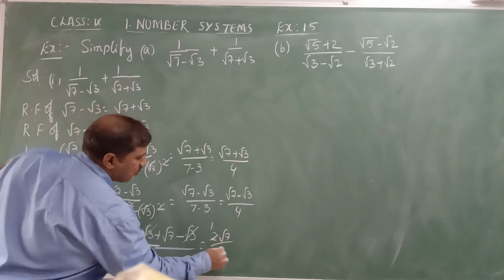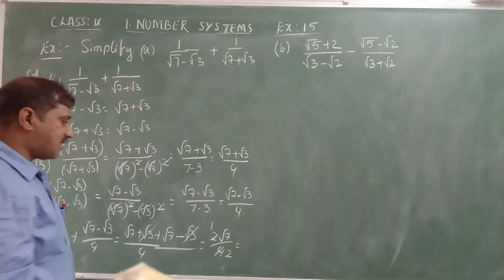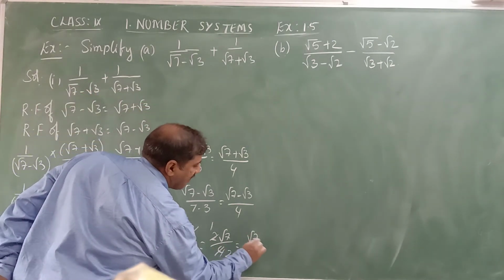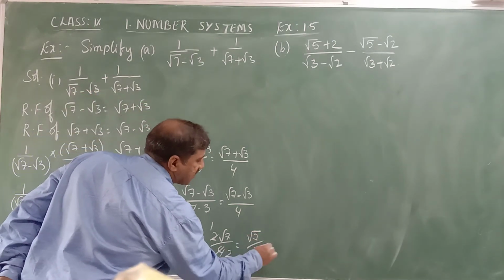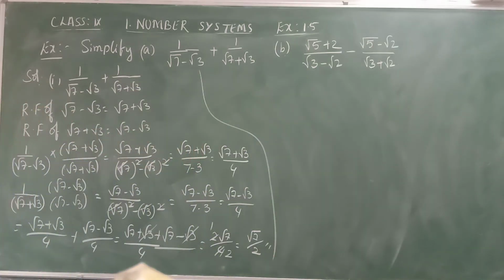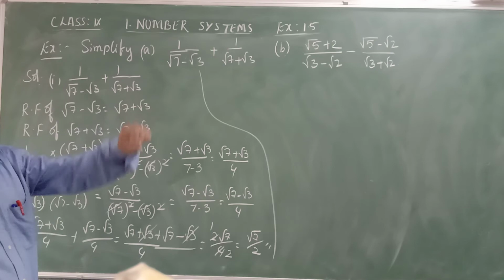2 1s are 2, 2 2s are 4. We can cancel because both are rational numbers in the numerators and denominators. So now it is root 7 by 2. Root 7 by 2 is the simplified form of 1 over root 7 plus root 3 minus root 3 plus 1 over root 7 plus root 3. So similarly,